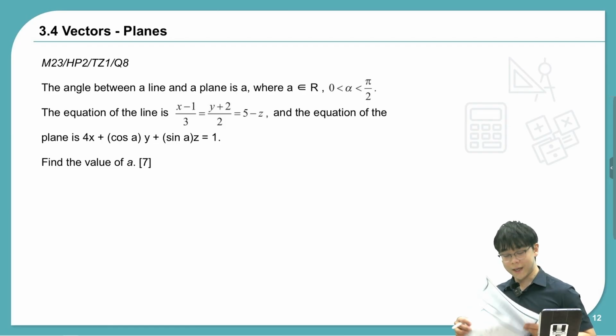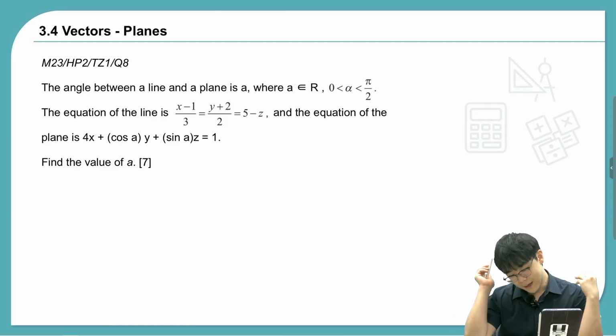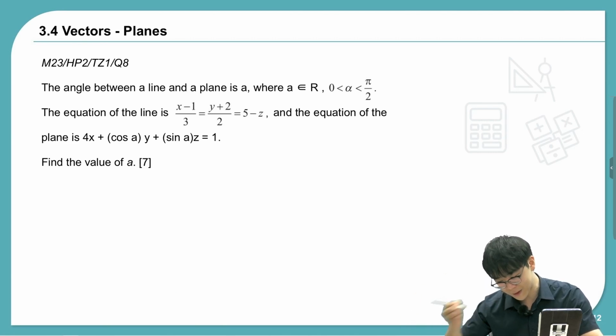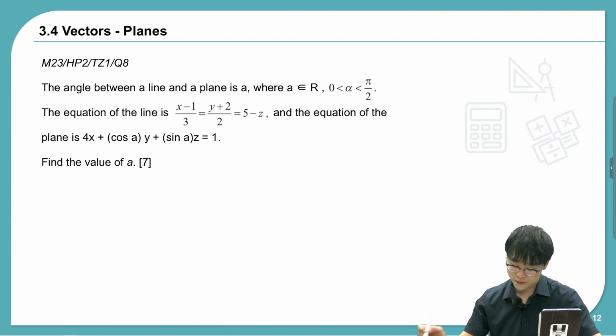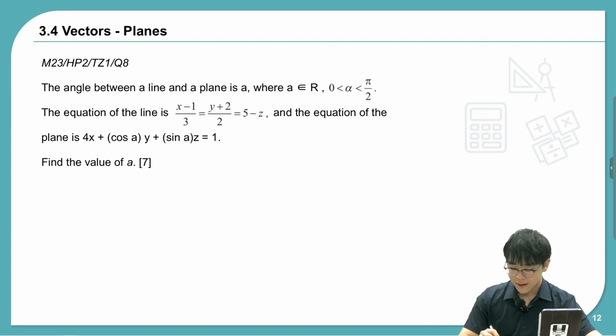Next, let's move on to number 8. So we have a vector and plane problem. So you have access to all the formulas, but I would strongly suggest you try to develop an intuitive understanding of what this is, right? Because then it'll be clear what kind of calculations you'd have to perform. So what I mean by that is, let's say we have the angle between a line and a plane, right? So you want to draw a situation where we have the plane,